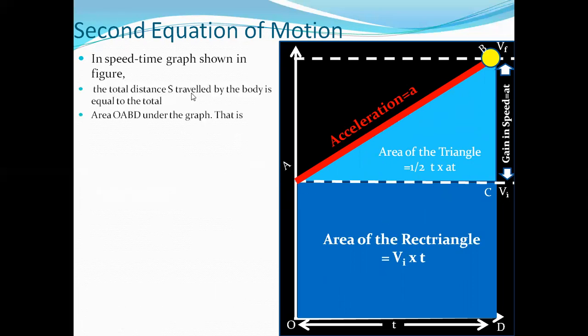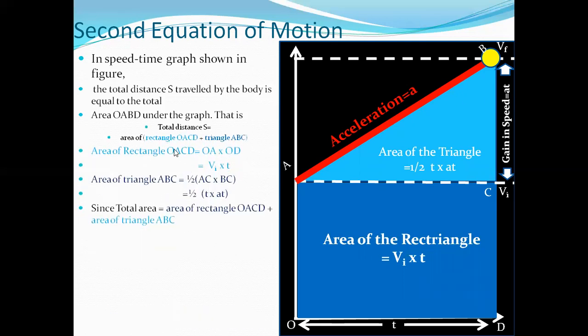The total distance traveled by the body is equal to the total area OABD under the graph. That means this whole blue color, which is light and dark blue, represents the distance traveled by the body from point A to point B. So the total distance is, in the rectangular area as well as in the area of a triangle, for the rectangle, OA into D, which is VI into T, like over here,